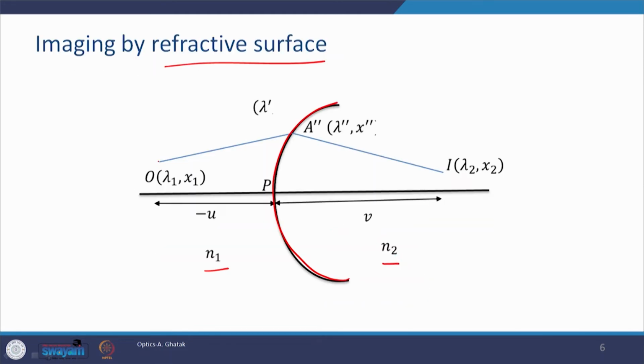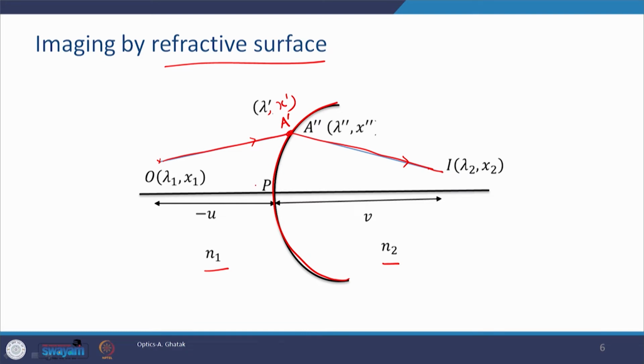Now, suppose there is a point O from where a ray starts and it falls on a point on a refracting surface, and then after refraction it goes towards point I. The coordinates of point O are, suppose, lambda 1, x1, and then there is another point whose coordinates are lambda prime, x prime, and suppose this point is represented by A prime, and this A prime is on the surface